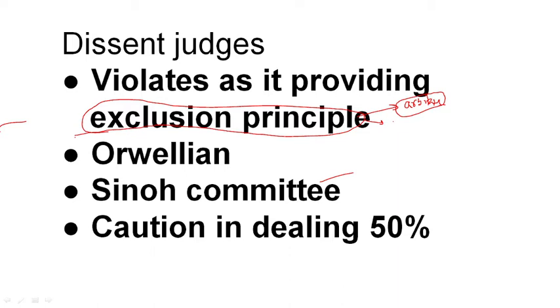The 103rd amendment believes that the people in the other categories who already have reservations may be satisfied and are okay, they are progressing. That's the reason they are excluded from these economically weaker sections, because whoever was allocated previous reservations is confined to the old reservations,